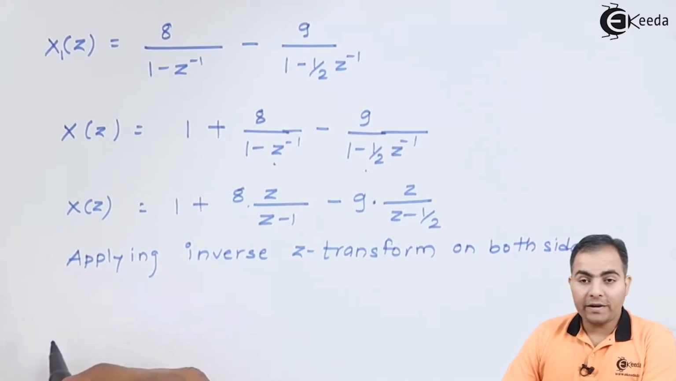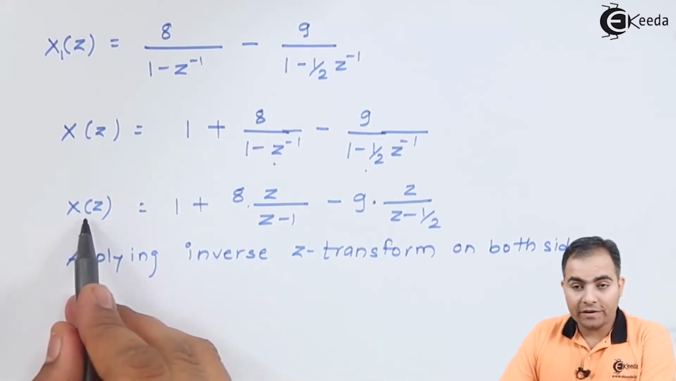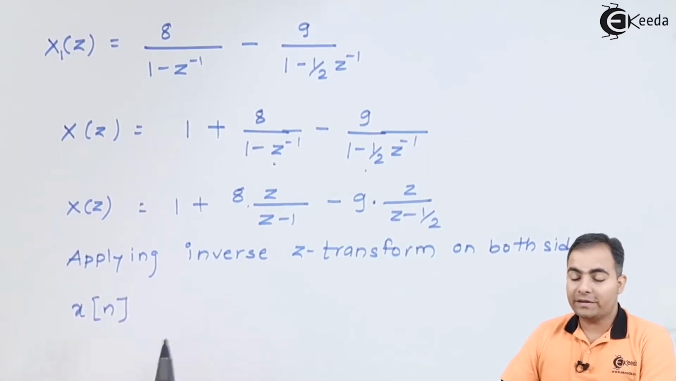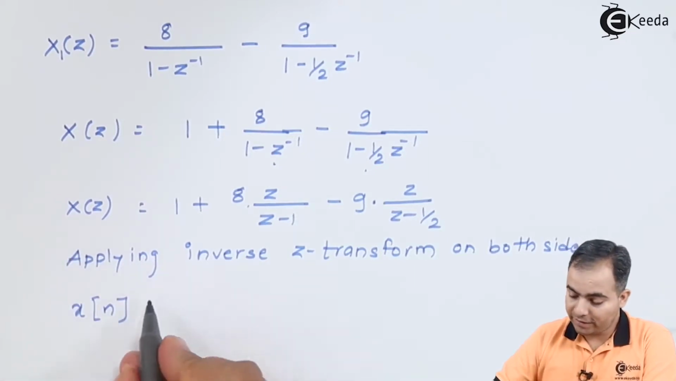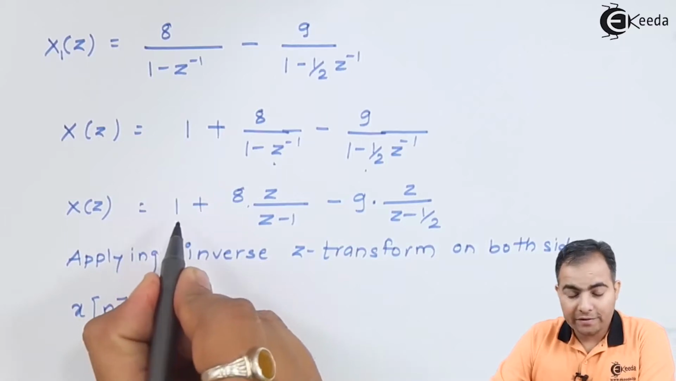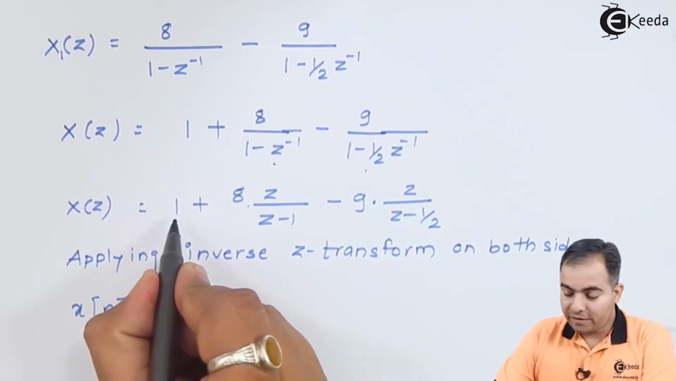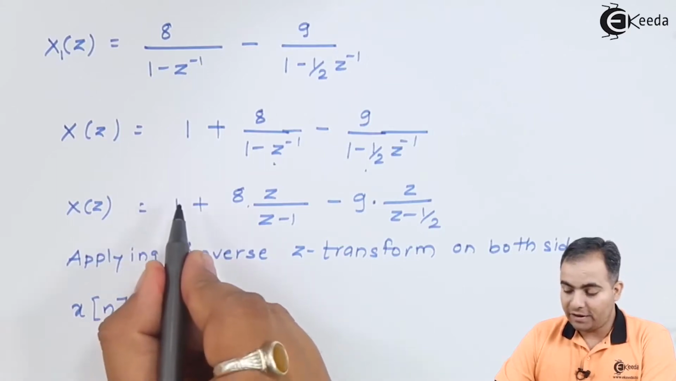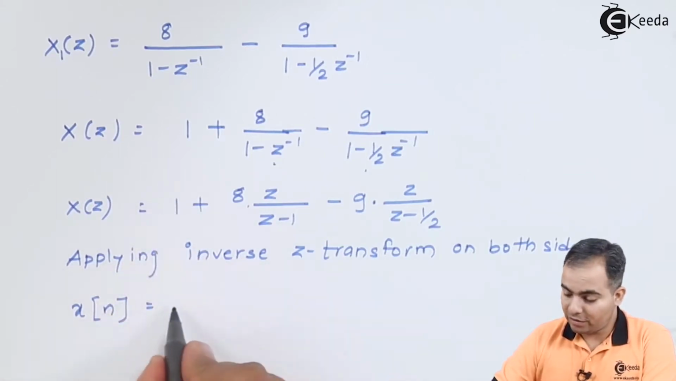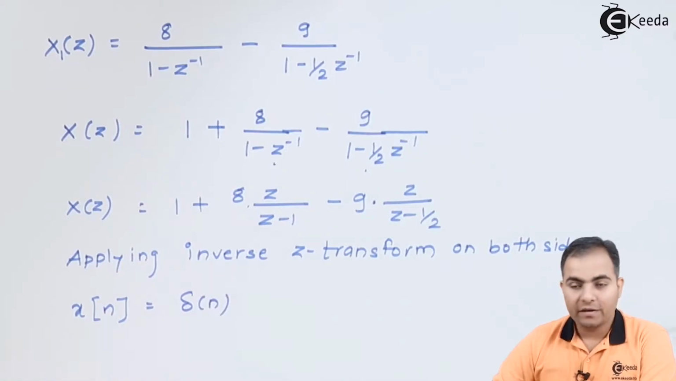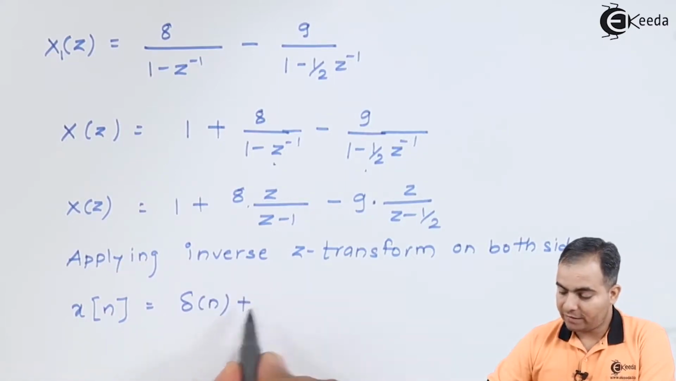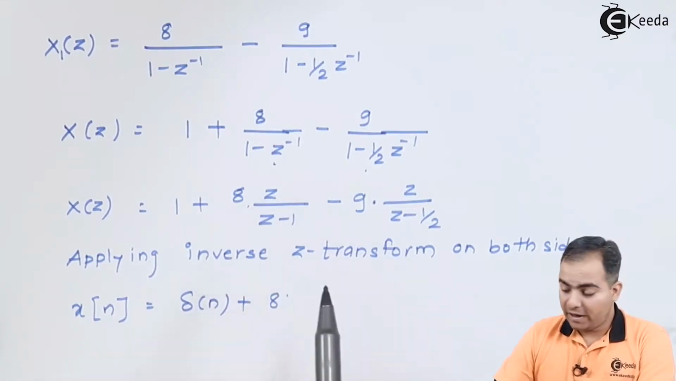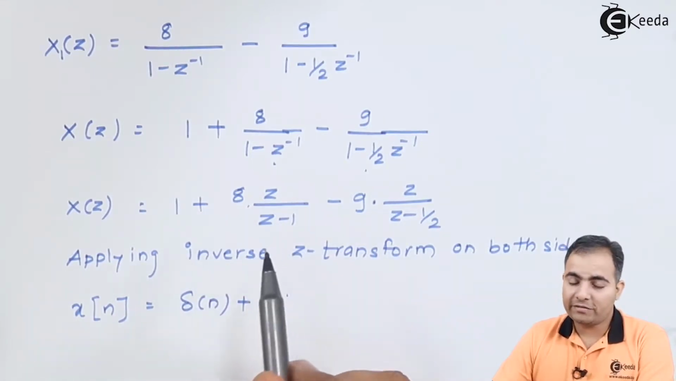So if I apply inverse z transform on both sides, then on left hand side, here we have x of z. After applying inverse z transform, this x of z can be written as x of n. Now here we have 1, and we know that if z transform of del of n is 1, then inverse z transform of 1 is always del of n. Now this 8 is a constant. What we have? Z upon z minus 1, and inverse z transform of z upon z minus 1 is simple,